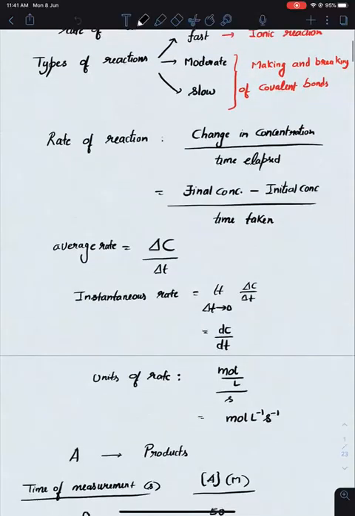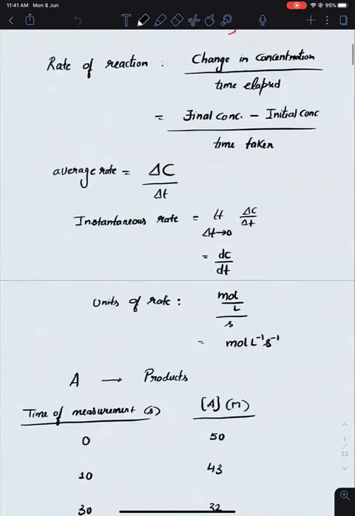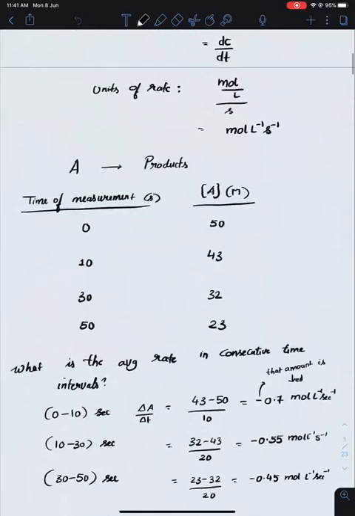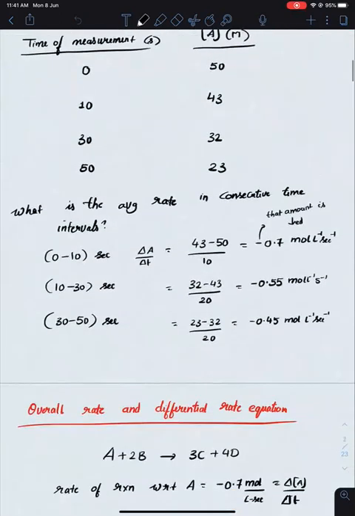time. And we have seen the units of rate as change in concentration. Concentration के units है mole per liter, which is molarity, mole per liter divided by time का units है second. So mole per liter second is nothing but the units of rate. उसके बाद we have seen some small numericals.